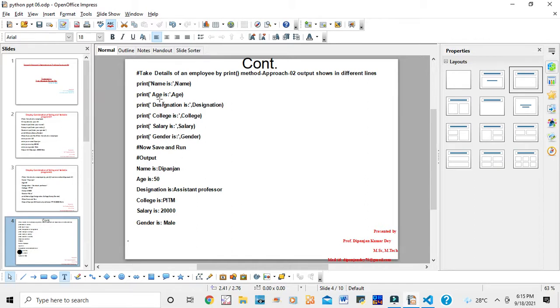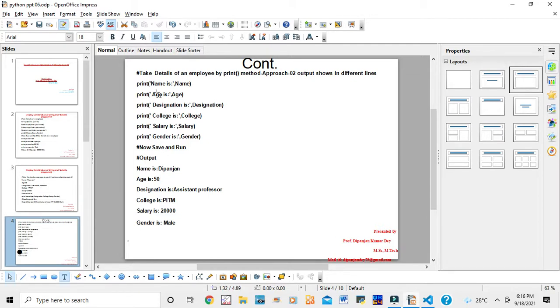Here you have given a colon, you can avoid the colon. If you give a colon here, it will show the colon; if I remove the colon, it will remove it.